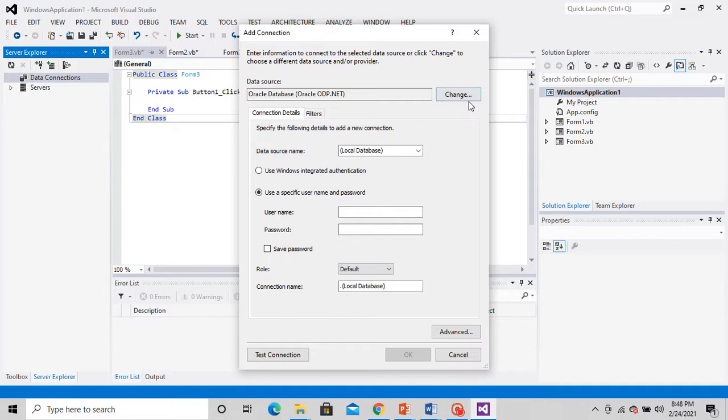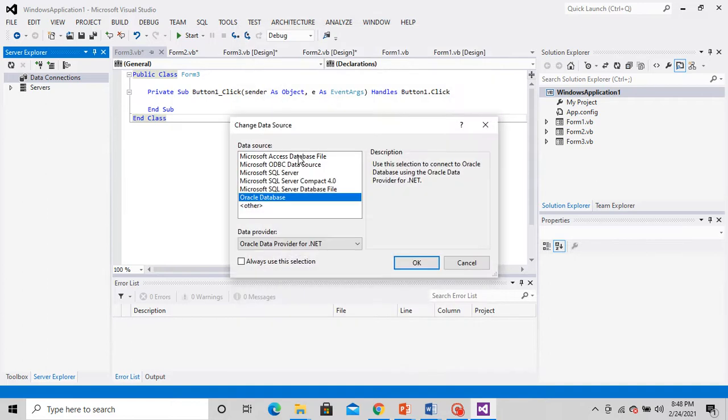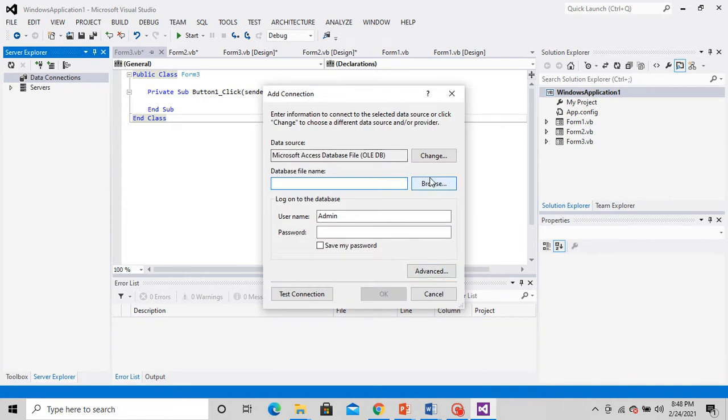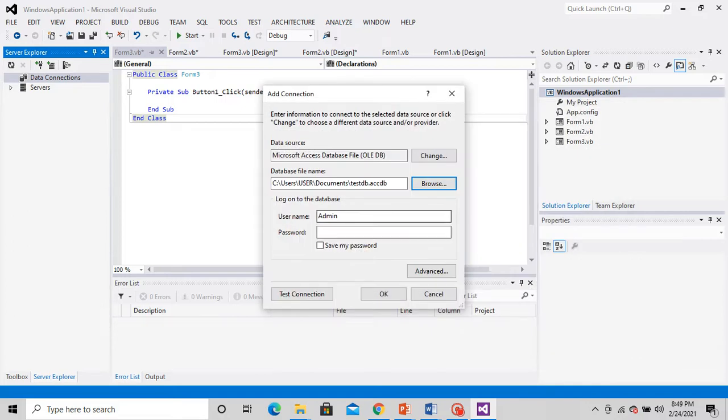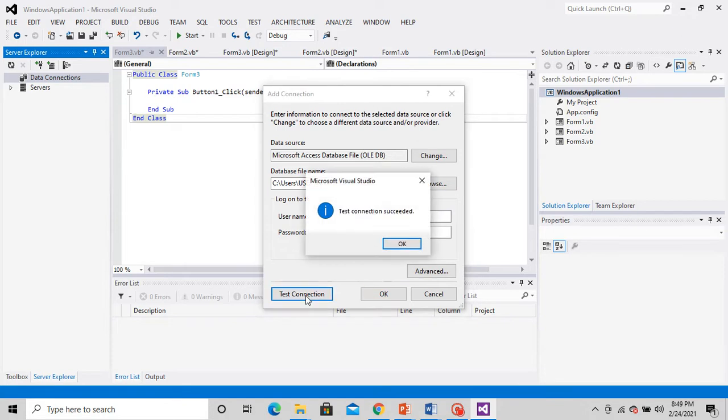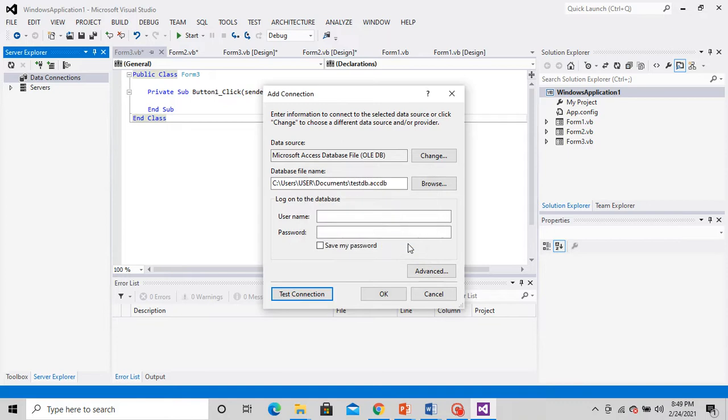So right click, change it, select Microsoft Access database file, OK, then browse, go to test.accdb, open, OK, delete the admin, then test the connection. OK, now you can see the test connection has succeeded.